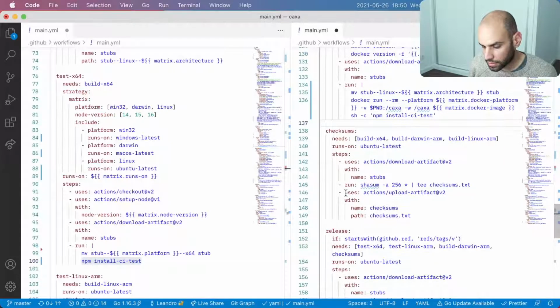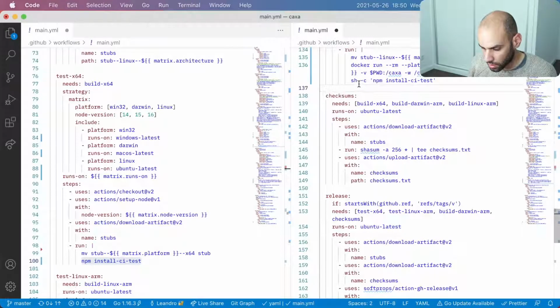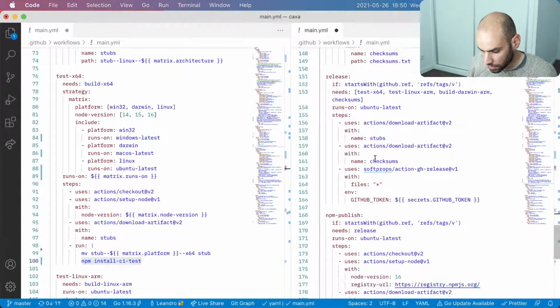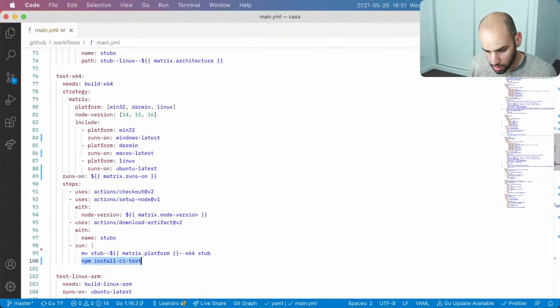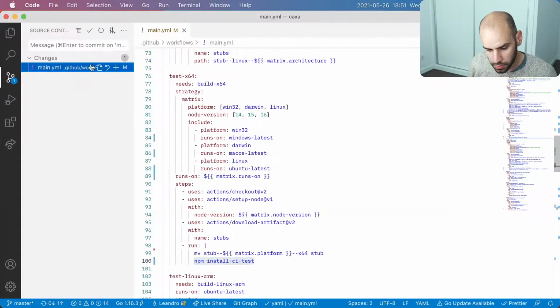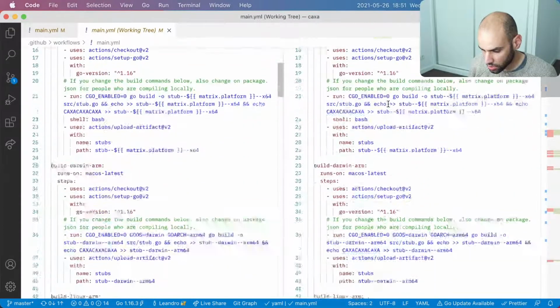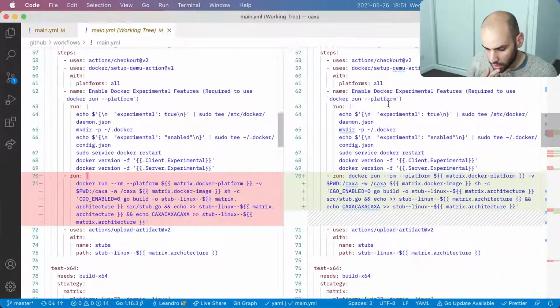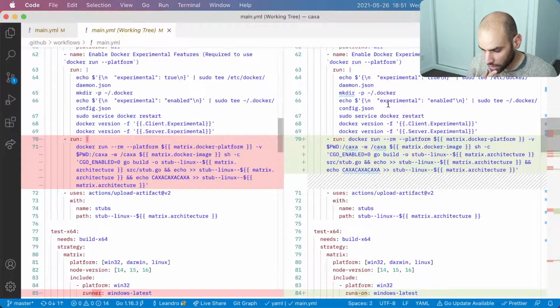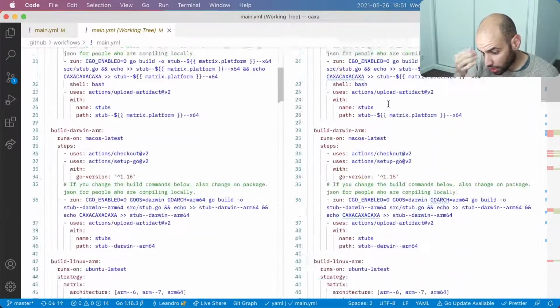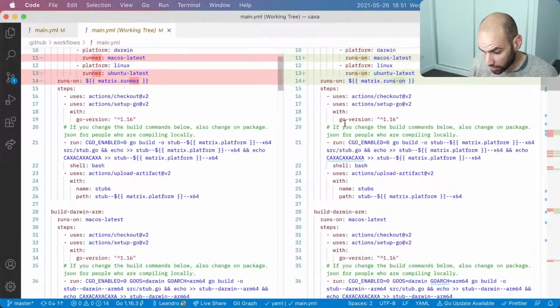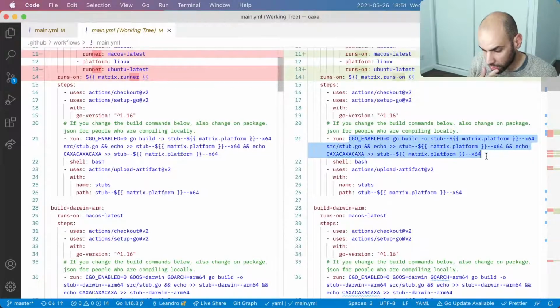And we don't have a test for macOS ARM, the new M1 processors. We don't have a test for that. So this is running all the tests fine. Okay, so let's review all these changes. I changed the runs on. I changed this to be in a single line. And also there is this parallel between build Linux ARM and build Intel, so the line here is more or less the same.